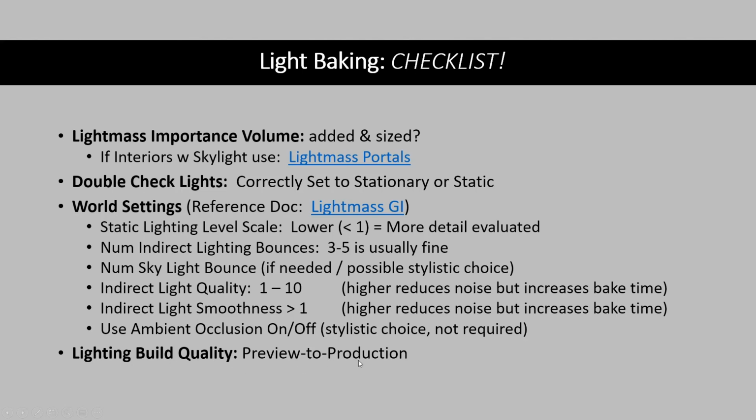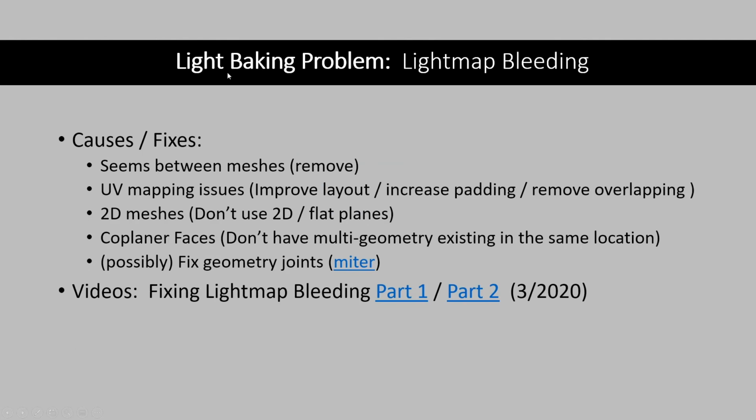However, I'm going to wrap up by saying that sometimes you are going to have light map bleeding. Typically, I've noticed it with some of my students' work where they have a roof on top of an object, and where there should be ambient occlusion, there's a rim of light. And there's different fixes that you can try. Sometimes you can just connect the meshes. Sometimes it's your UVs, that the shells are a little bit too close together. Sometimes increasing the padding, especially if you've done your own UV layouts for your light maps.